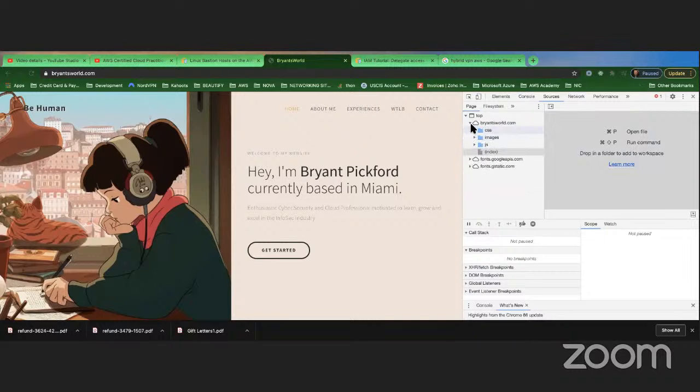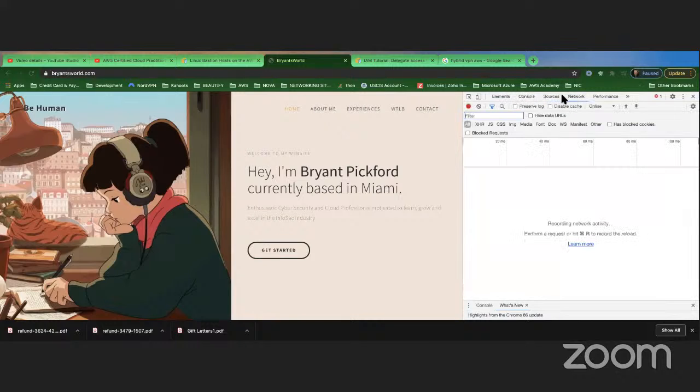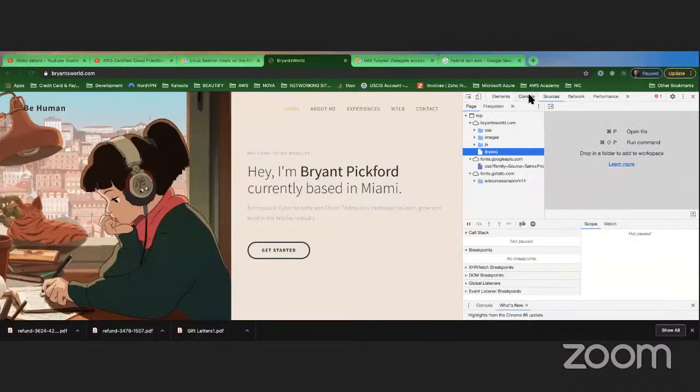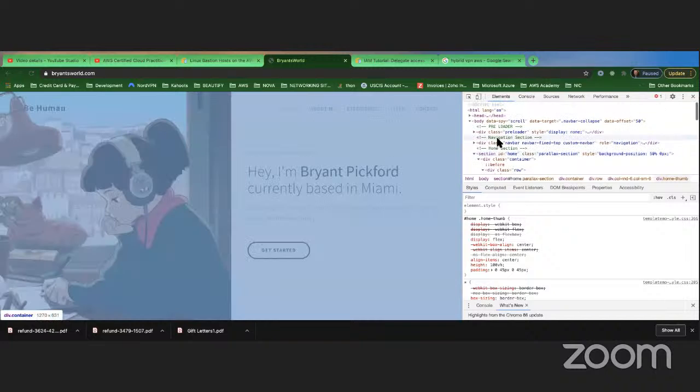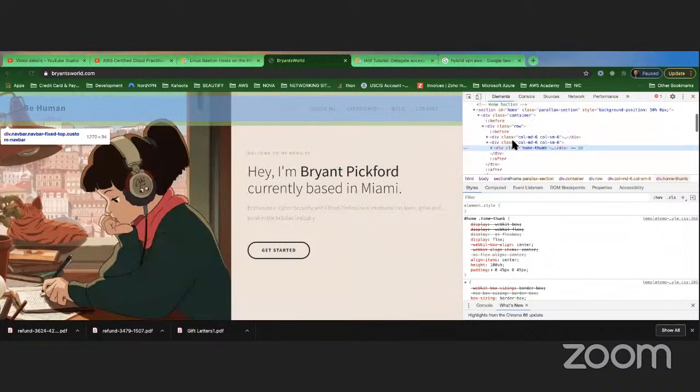Images here, CSS, GStatic, Google APIs. Okay. So I think he's using WordPress. He chose a theme. It doesn't say so out here, but I think he uses a WordPress theme, and